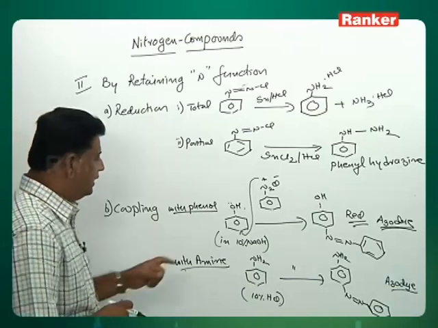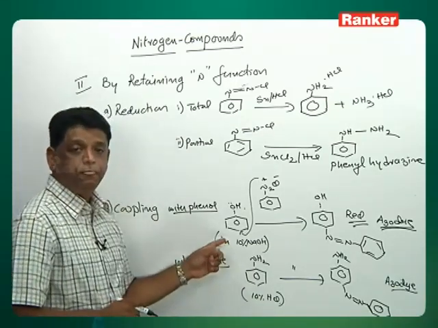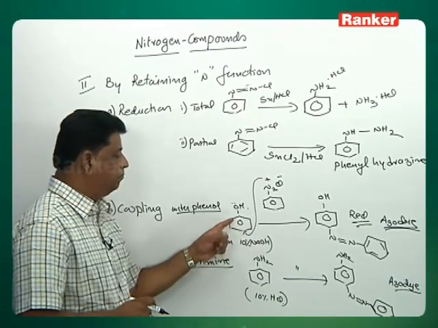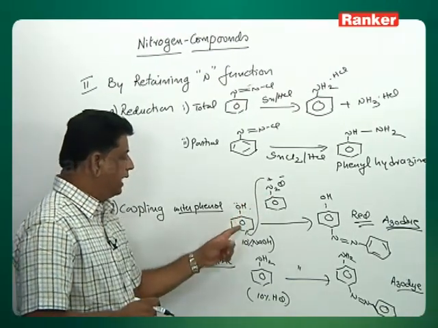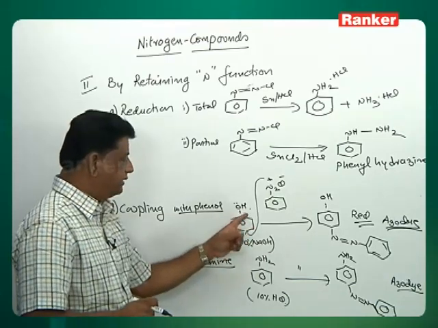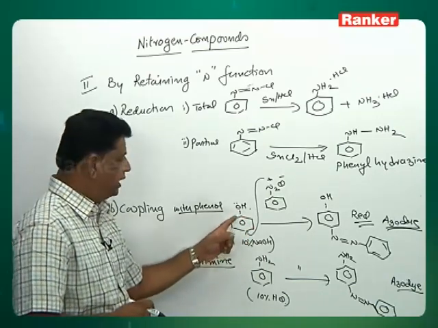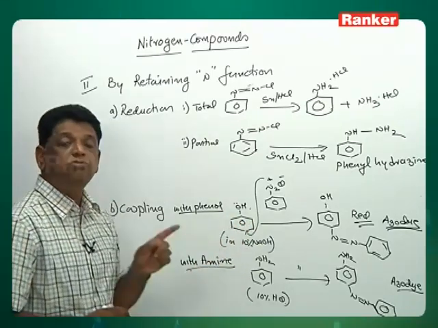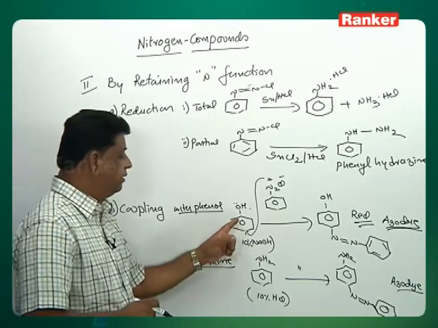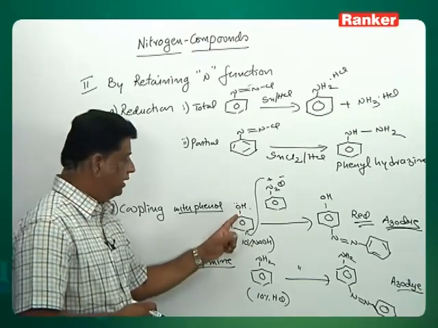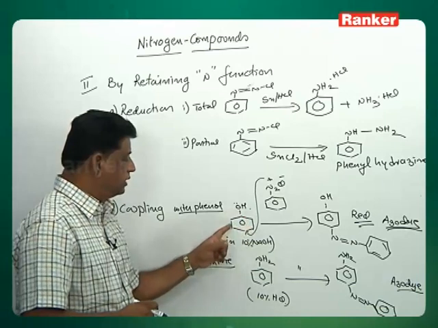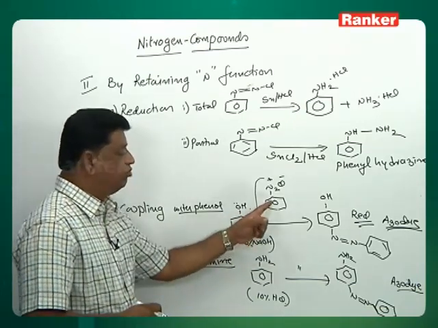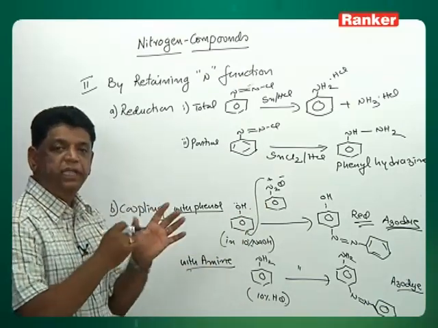You can also notice, what is the role of this NaOH? Phenols and alcohols are soluble in water, but as the number of carbons increases, solubility decreases. Here there are 6 carbons, so phenol is insoluble in water. If it is methanol or ethanol, it is soluble, but a 6 carbon compound like hexanol and the phenols are insoluble. So this is insoluble in water and this is soluble, so there may be 2 phases,